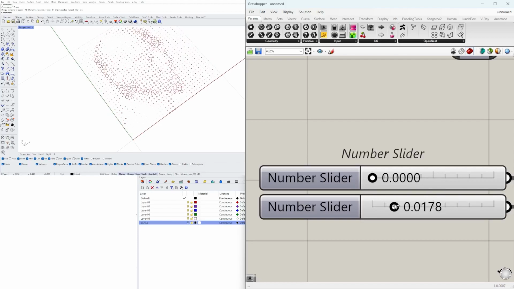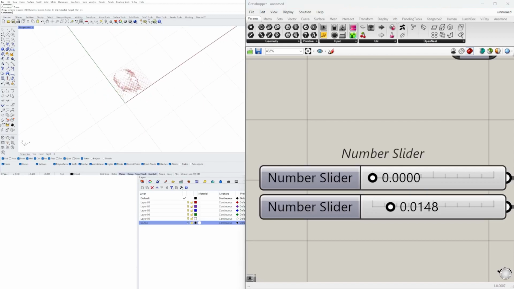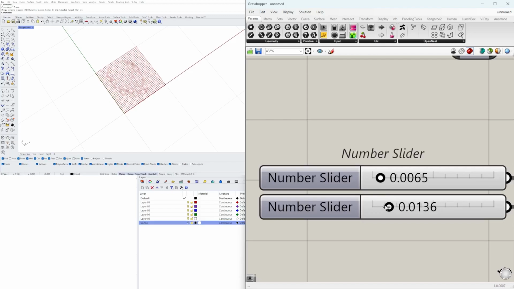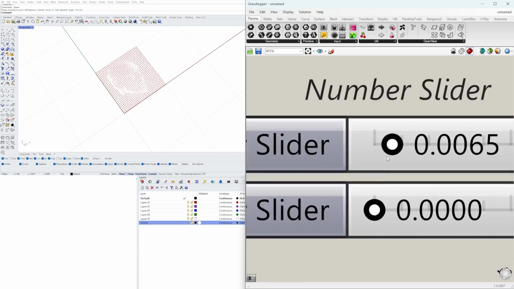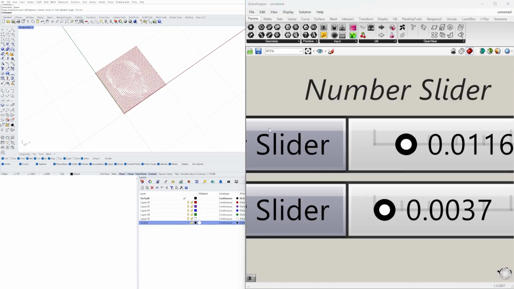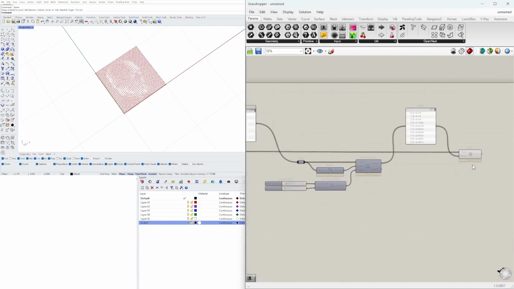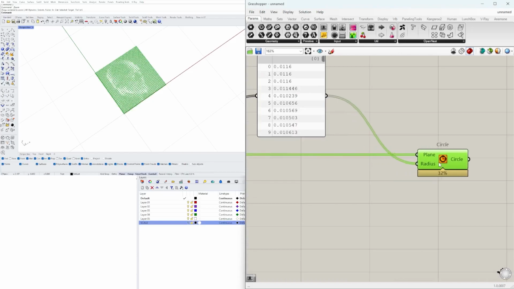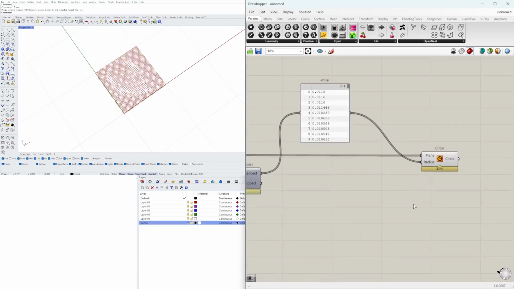So it does like a negative effect. And if you keep them the same, well, you get the same pattern. You can get a very subtle looking pattern. So this is how basic you can get to create circles, but you can also do